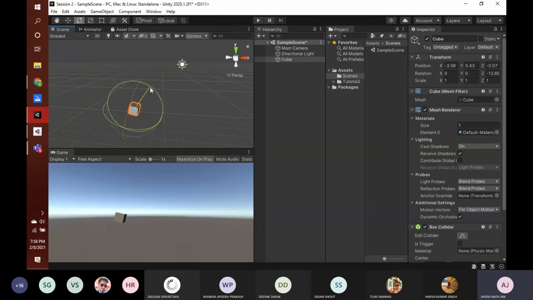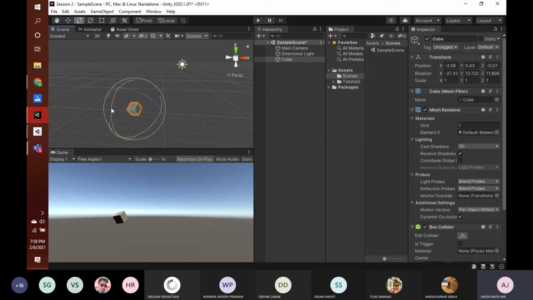If I click on the blue one and rotate, then the rotation value along the z-axis is changing. So this is how you can rotate it around the y-axis, and this is the x-axis. You can do it like that.